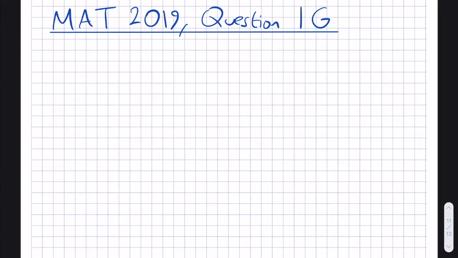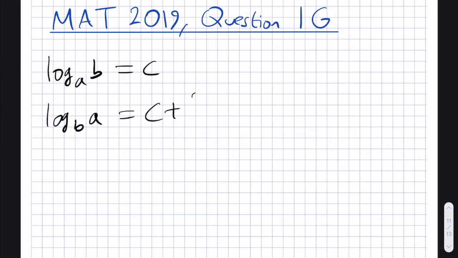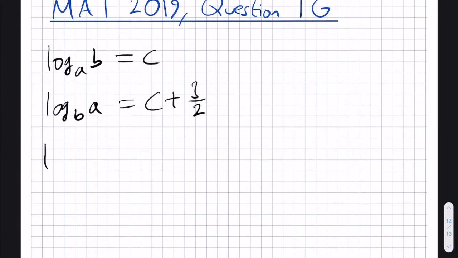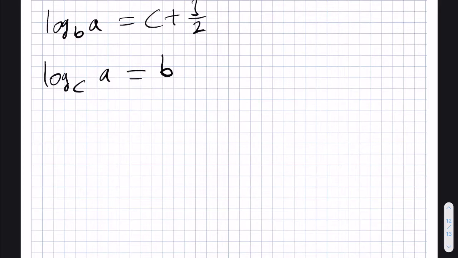So first we have these logarithm equations, log base A of B equals C, log base B of A equals C plus 3 over 2, and log base C of A equals B. And in general, logarithm equations we're a little bit unfamiliar with, and so it's worth inverting them and forming exponential equations. If we start with our first one, which is log base A of B equals C,